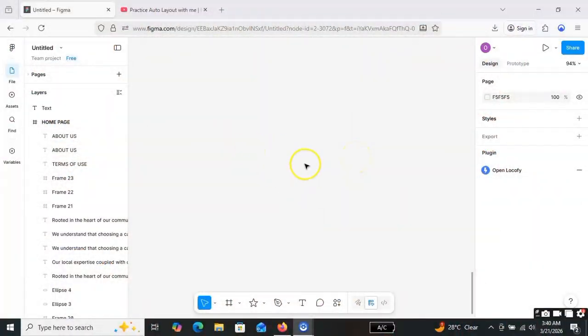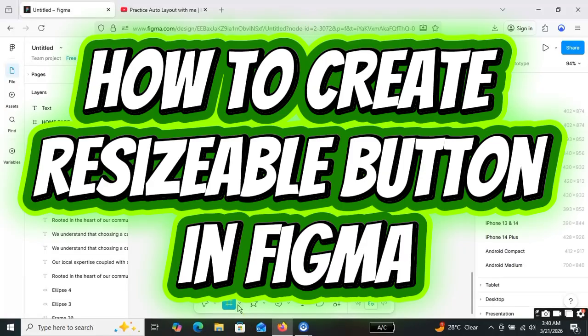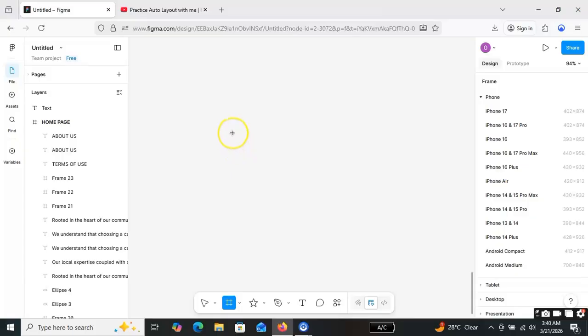Hello, you are welcome. So in this class, we are going to be looking at creating a resizable button, a kind of button whereby if you drag it, both the write-up inside will move alongside with it. So I'll just go ahead and